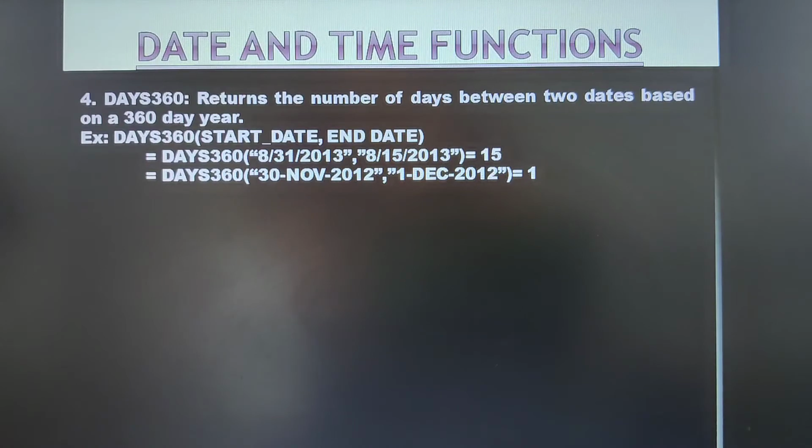That is DAYS360, a very interesting one. It returns the number of days between two dates based upon a 360-day year.